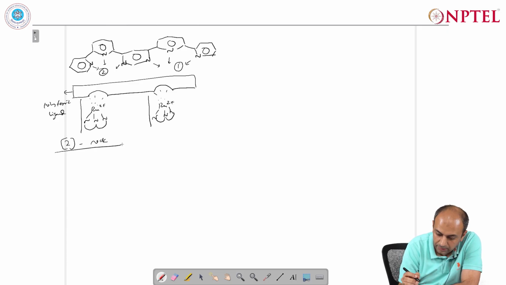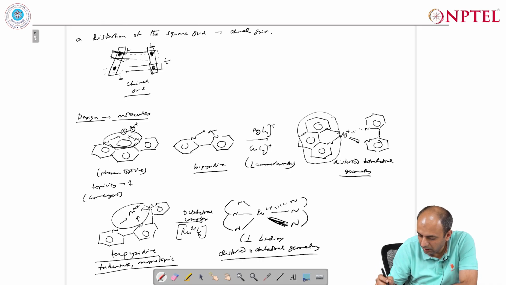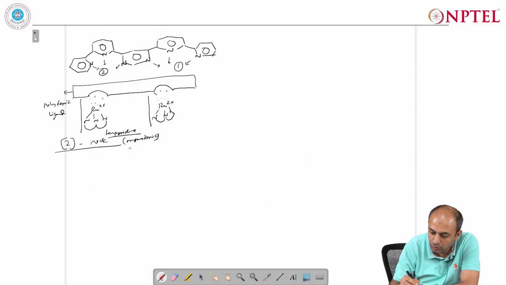So basically this is a polytopic ligand, and this is the terpyridine. And this is a monotopic ligand. As we saw, the terpyridine here is monotopic, it has only one binding site. So we use a monotopic ligand, as per definition, and a polytopic ligand to construct a